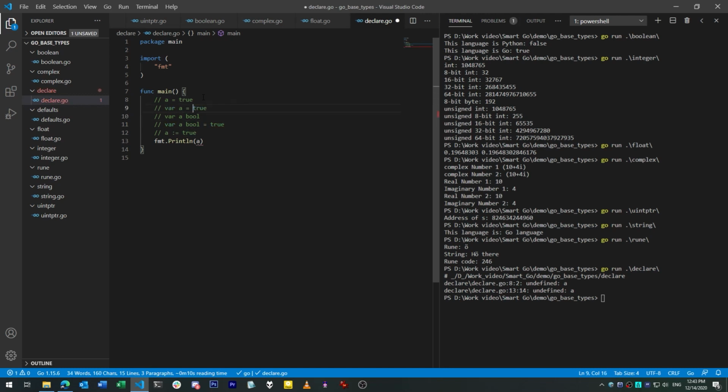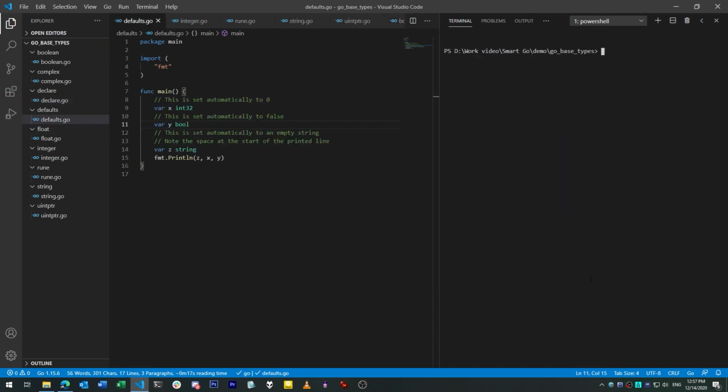But we can also use the colon equals operator to declare and assign a variable in one swoop. This is the most compact of the syntaxes that we can use, but it makes the most sense and is the least confusing in contexts where the variable scope is small. For instance, if you're using it in a for loop. That's where this sort of thing is most commonly used anyway. Lastly, one convenient thing about variable declarations, which is that if you declare but don't assign a variable, it always gets set to a sane default. For numbers, that's 0. For booleans, it's false. For strings, it's a 0-length string. This way you don't have to worry about catastrophic consequences if something isn't actually initialized.